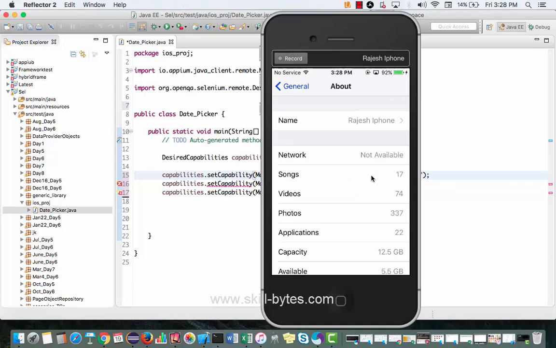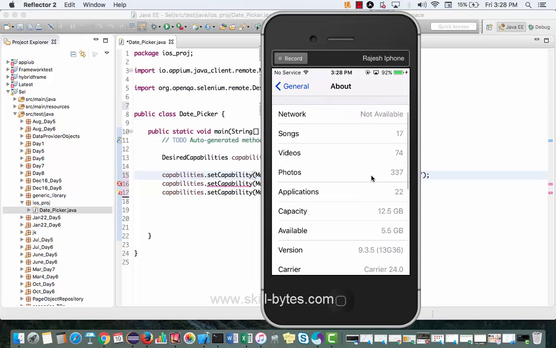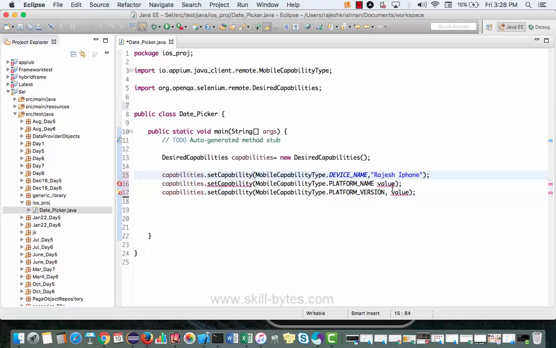What is the next thing which we have? Platform name and platform version. What is the platform name, guys? In this case, the platform name is, we are working on iOS. Okay, so what is the platform version? 9.3.5. Okay, so enter comma in here,